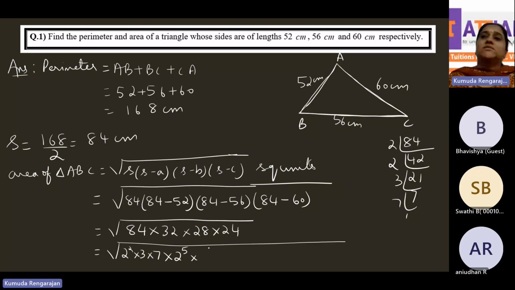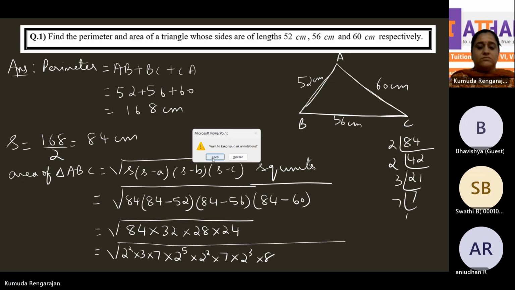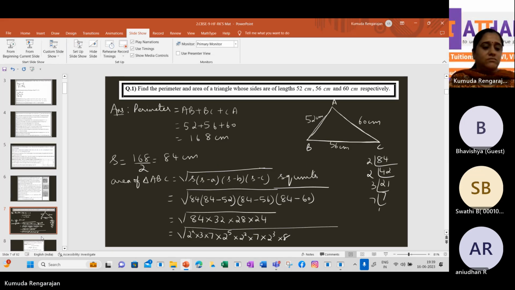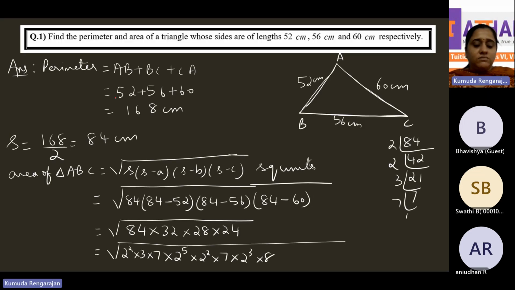Yeah, 28 is 2 square into 7. And 24? Two cube into 3. Very good. So far correct. Very good. So here we are. Okay, so that's equal to, I'm continuing here. That is equal to